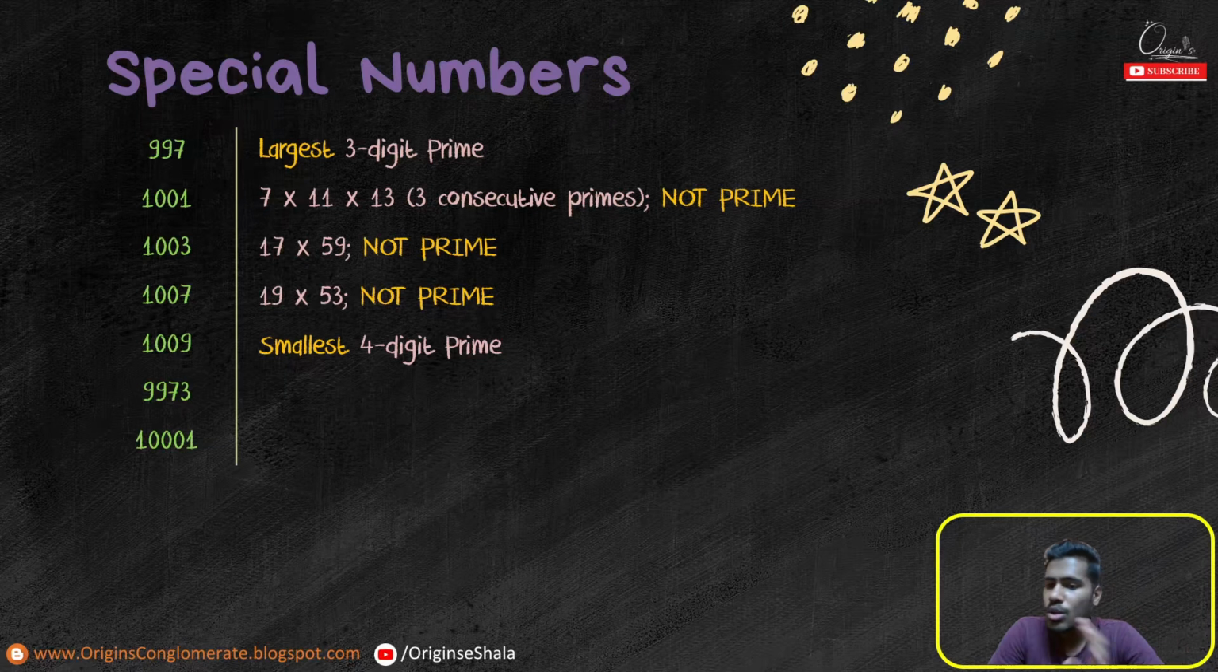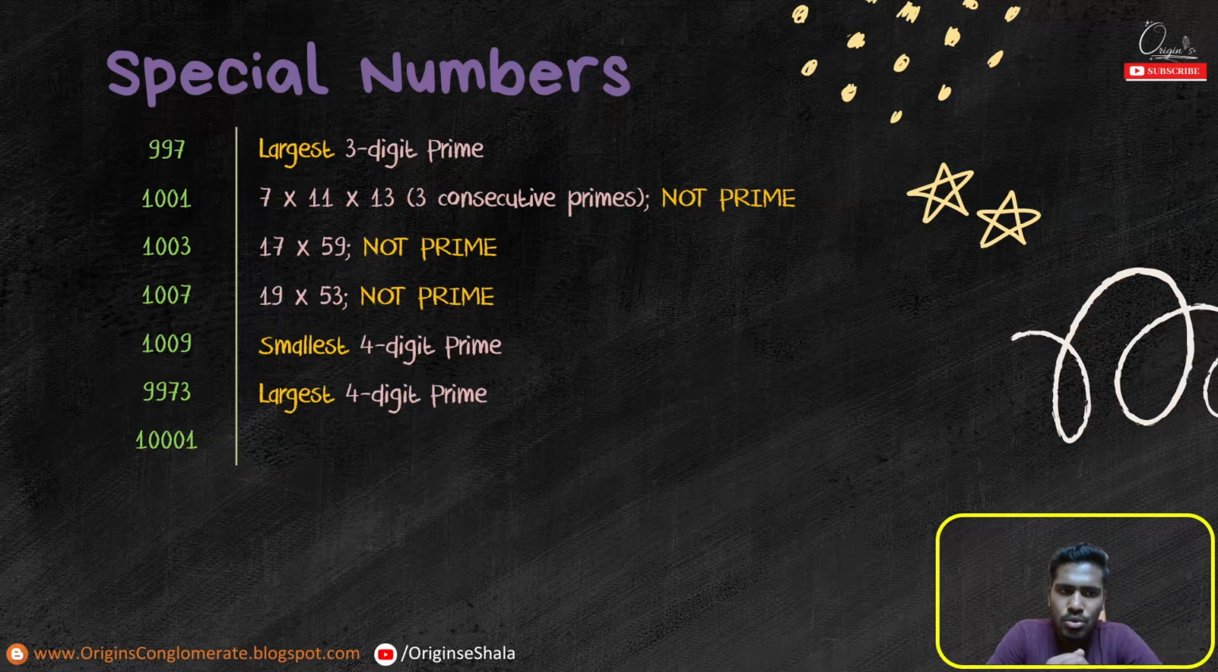Similar to that, 1009. Now that's an important number because it is the smallest 4-digit prime number. It is not divisible by any number apart from itself. And 9973 is the largest 4-digit prime number. So yeah,